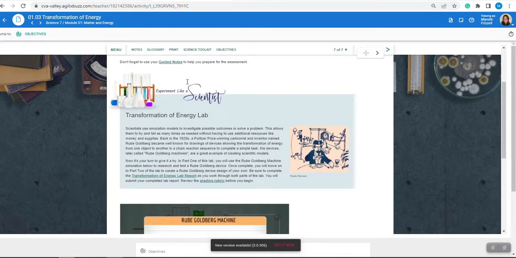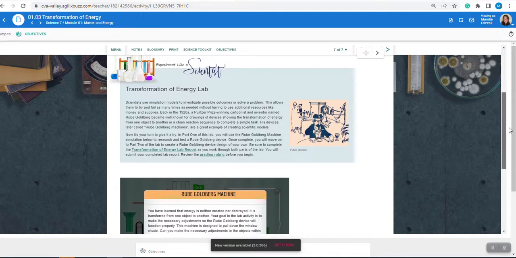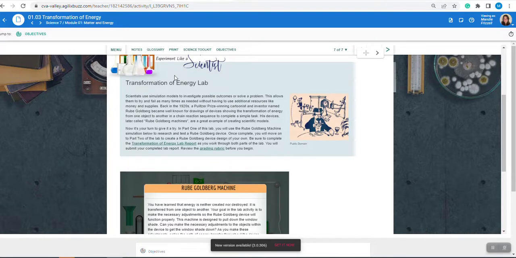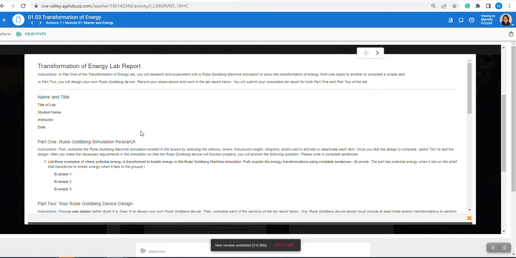And you'll always find them in a section titled Experiment Like a Scientist. It always looks like this with this little picture and the blue box with instructions within it. So these are the instructions for your 1.03 lab report. I'd like you to read the first paragraph about Rube Goldberg devices. And then in this second paragraph, you'll see a link to the Transformation of Energy lab report worksheet and a grading rubric. So if you click on this first link, it opens up the worksheet that you will complete and